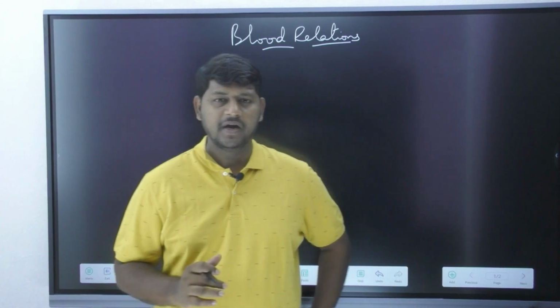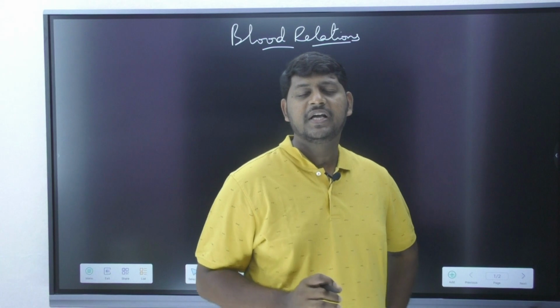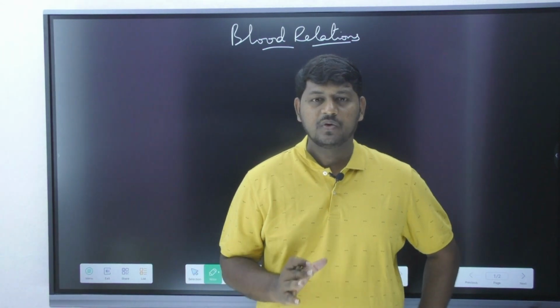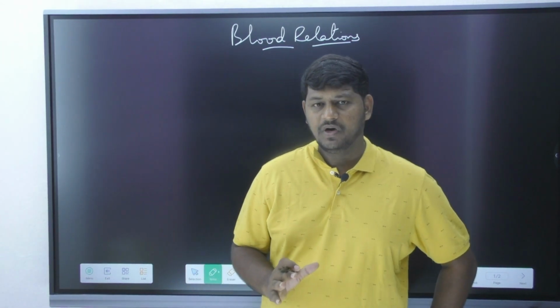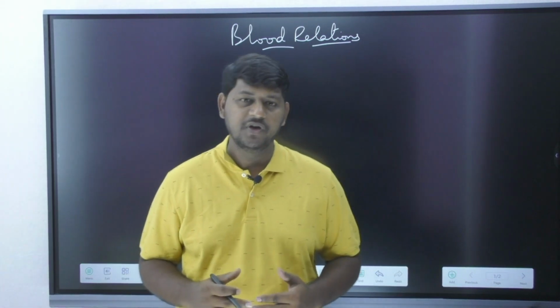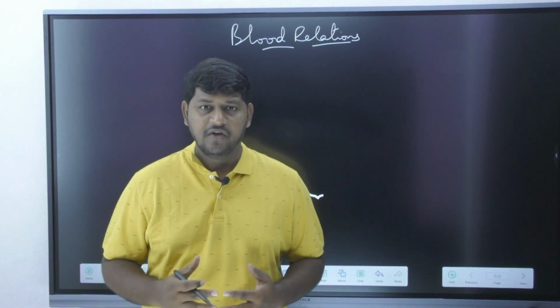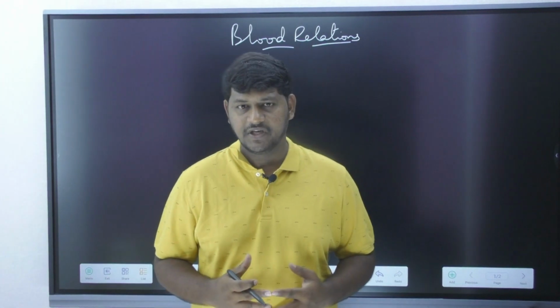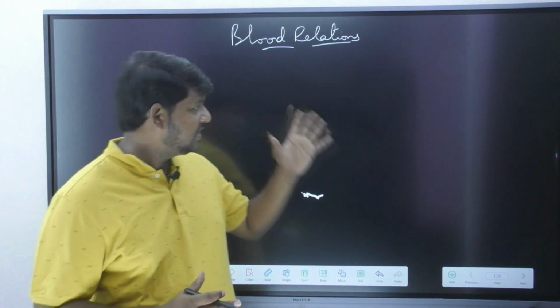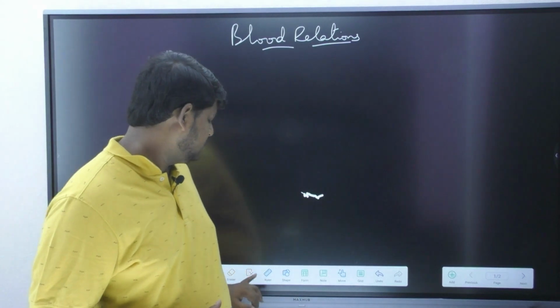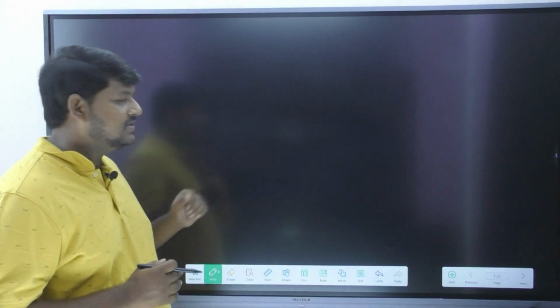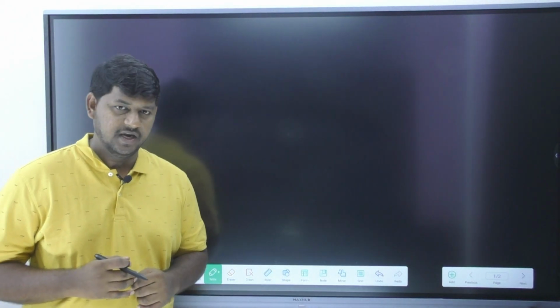what the important keywords are, as well as what rules you are supposed to follow. Because when it comes to your mother tongue, we have a lot of relations and a lot of variety of keywords, but when it comes to the subject, especially in English, please do remember we have certain points you have to keep in mind, and only then can you proceed with the relations. So without wasting our time, let us observe the basics of blood relations.